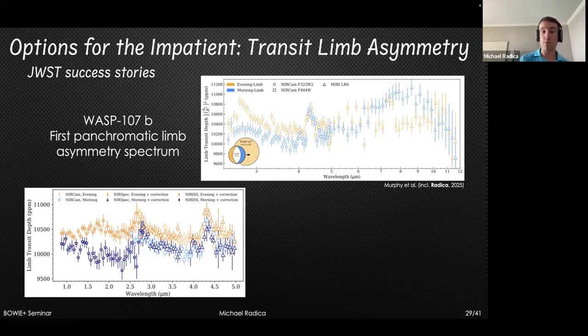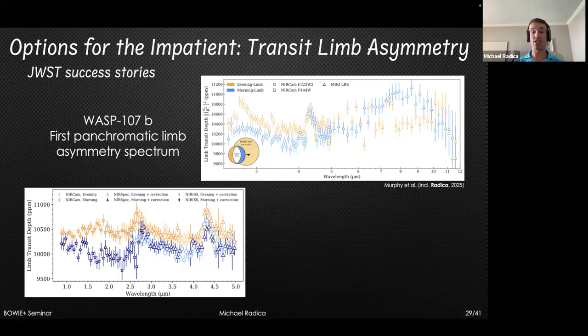And so in the near infrared, what we primarily see are hotter, larger spectral features in the evening compared to the morning, not much different from what we saw with NIRCam on the previous slide. But I think what is even more remarkable is if we now go into the mid-infrared with MIRI, we see a massive feature in that colder morning, which is not really present in that eastern hemisphere. And we think this feature is actually due to the formation of clouds, where we see clouds forming on the colder morning, and we see a now cloud-free